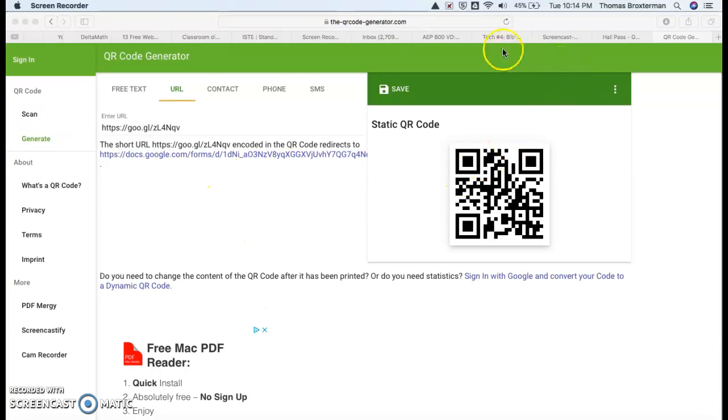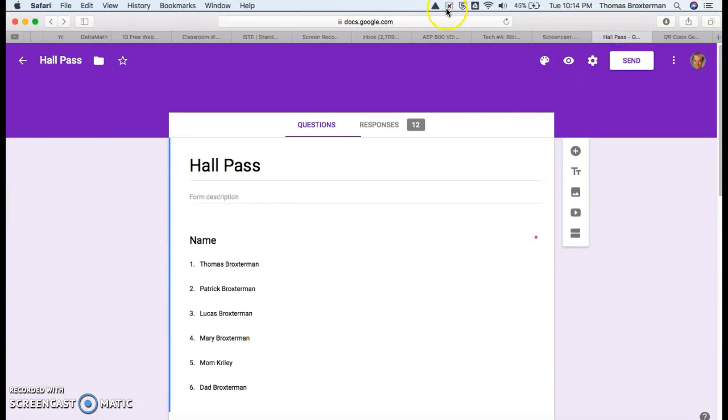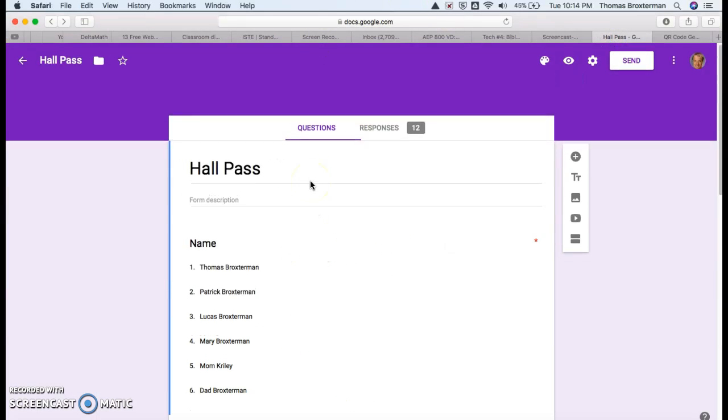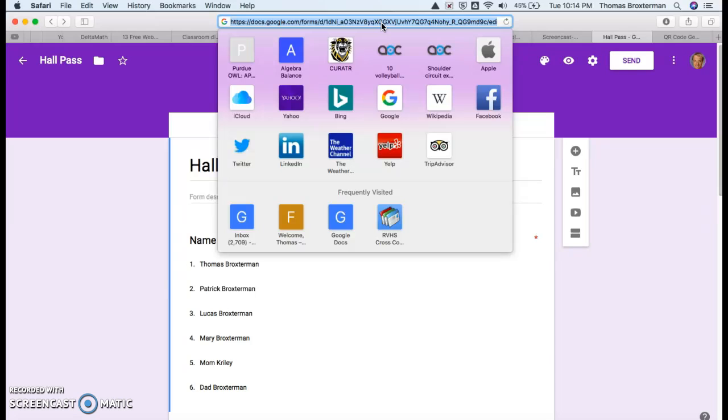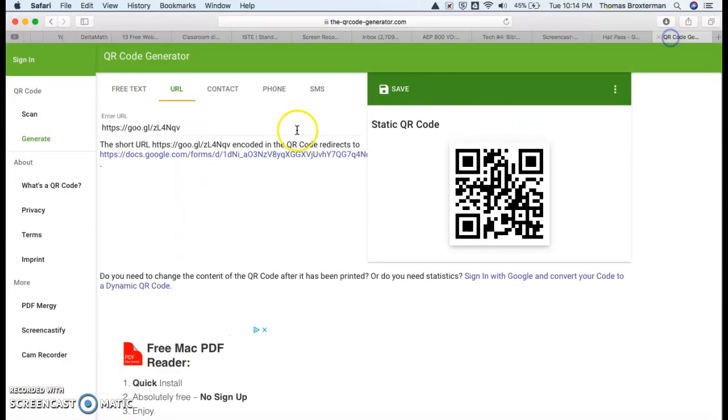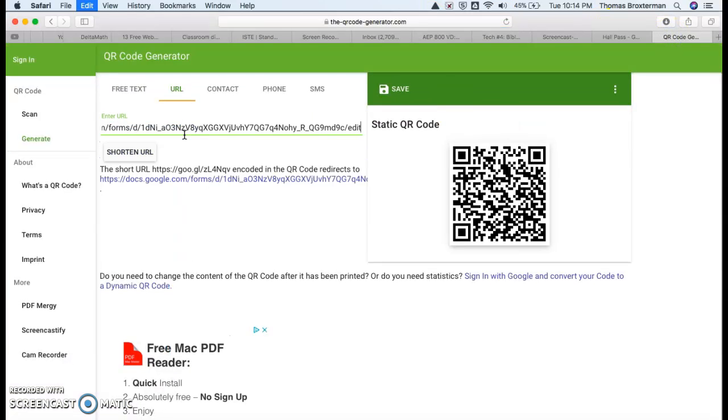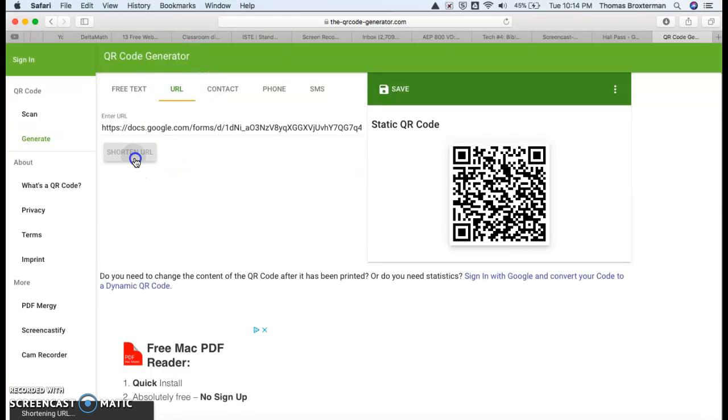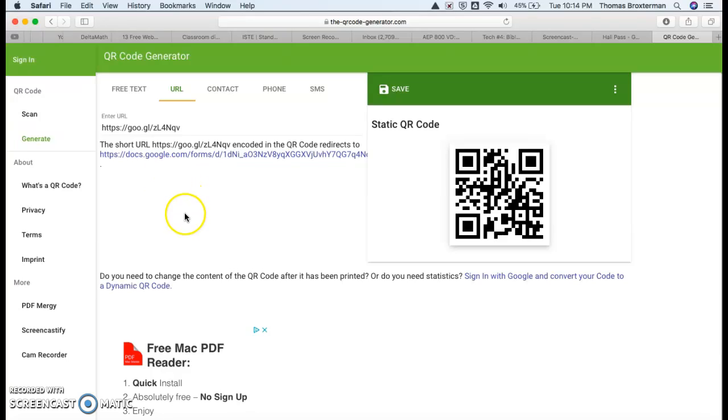generator. So what I need to do is, if you use a Google form, I've created this Google form, you copy the URL here and then post it into the URL of the QR code generator, and you can shorten it if you want to. Now what I have to do, and just for time's sake I'm not going to do it, but you could